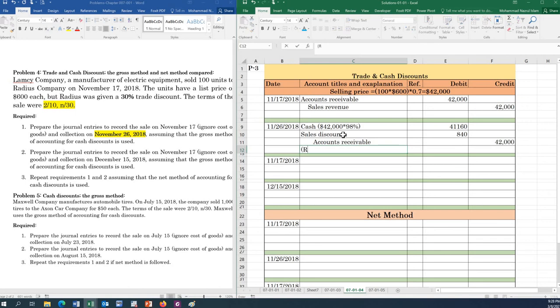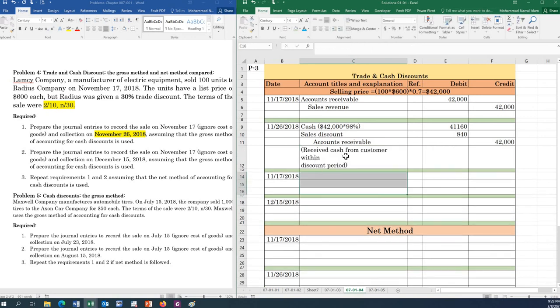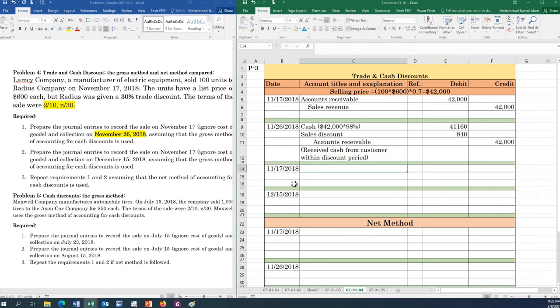Okay, so it means that received cash from customer within discount period. Within discount period. Okay, so this is our explanation. Okay, and now let's go. This is our